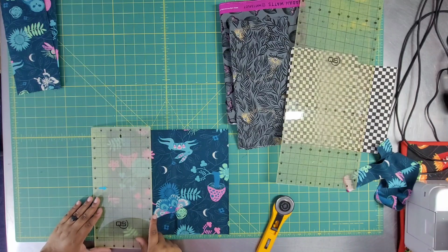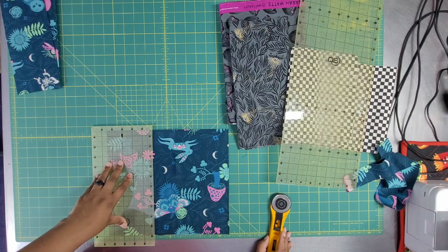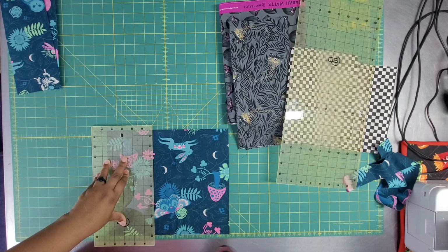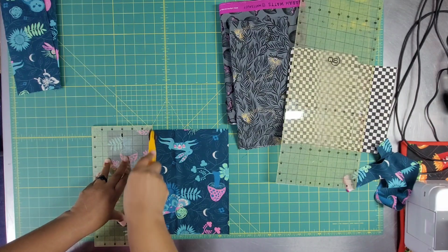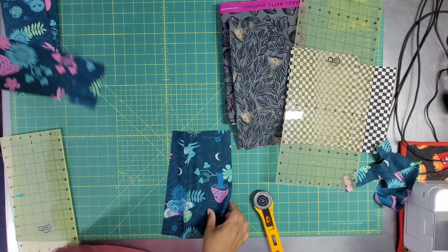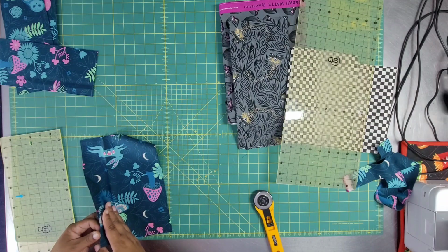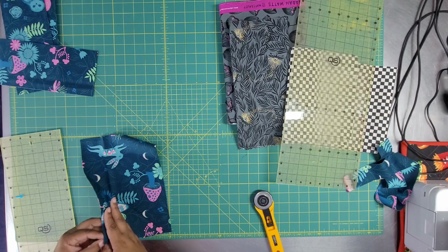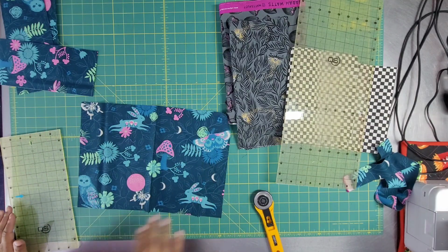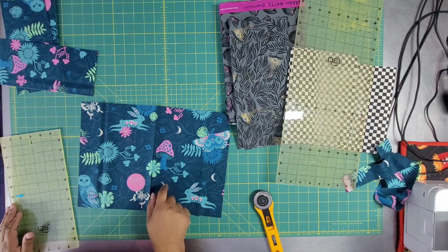And this is 3. Huh. I don't love how much excess we have. But that's okay, because you guys know how much I love to donate some fabrics. So this is going into these scraps. Look at how much this is. I would almost suggest doing another cut and making this a little bit bigger, because that's a lot. Am I going to do that? No, because whatever. But that is a lot of excess fabric,